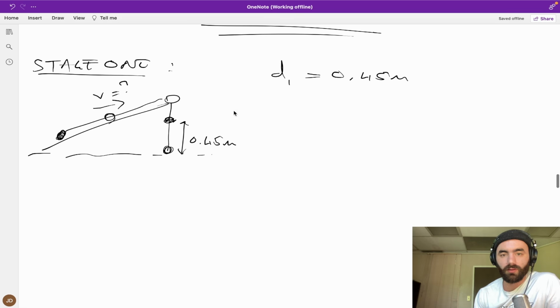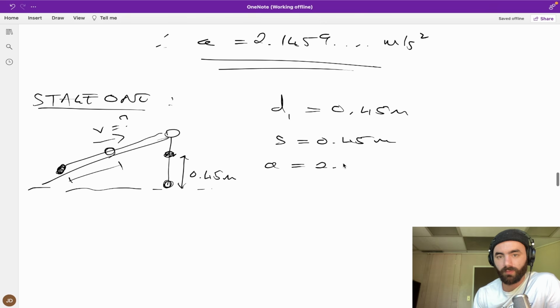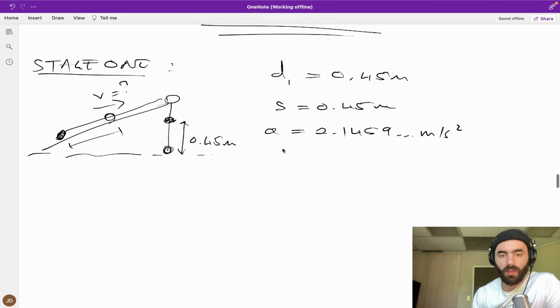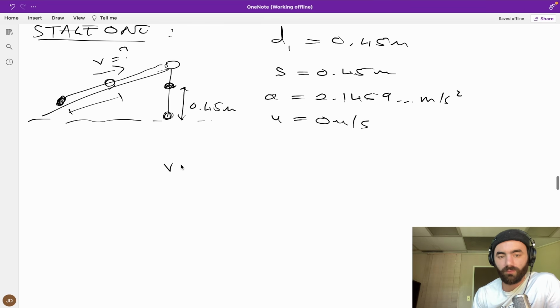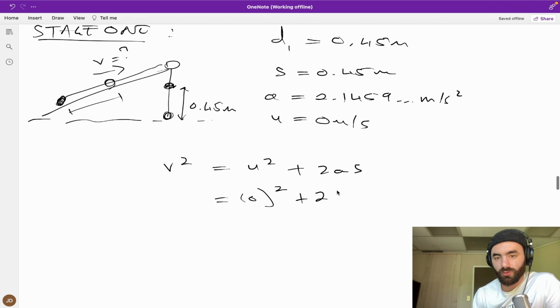We have the displacement, which is s, so s is 0.45 meters for this particle. It's accelerating up the slope at this rate, and its initial velocity, because they both start at rest, is 0 meters per second. So v squared equals u squared plus 2as, which is 0 squared plus 2 times